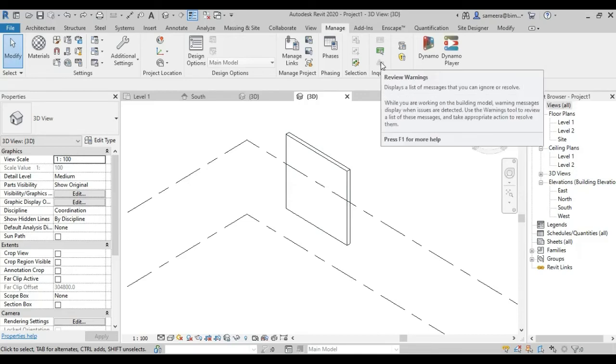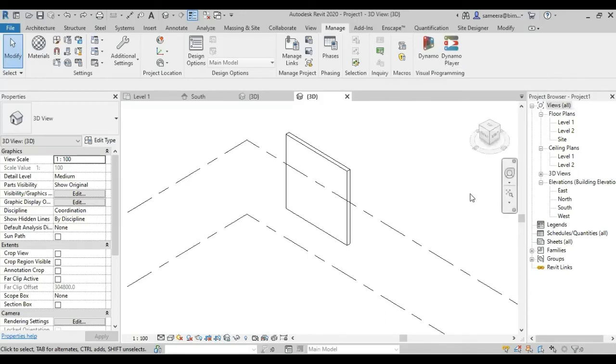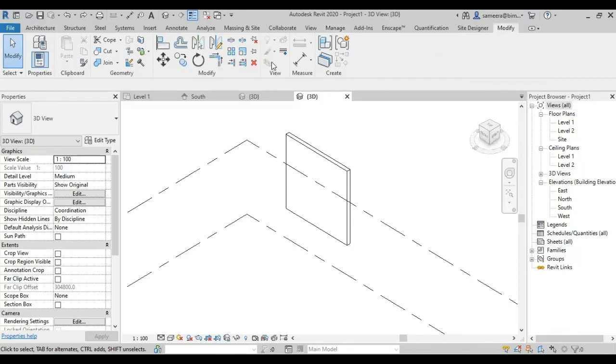In the warning 1, what is the element ID of the timber wall that makes the overlapping? So we have to locate it. We have to find the element ID, and that should be copied and pasted to the exam data window. Okay, so this can be a question. Yes, from all these portions you need to keep in mind before writing an ACP exam.